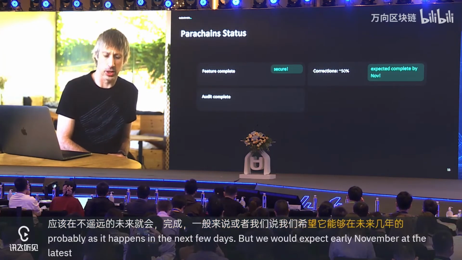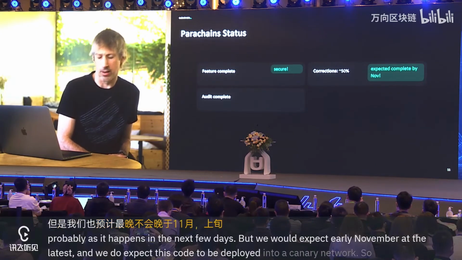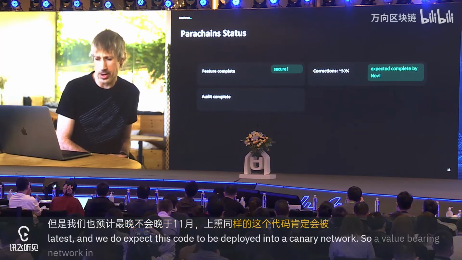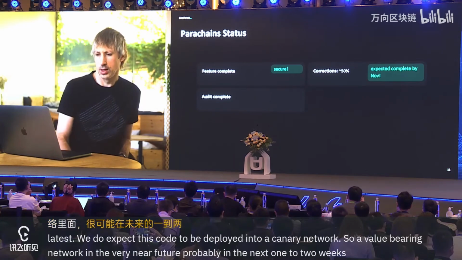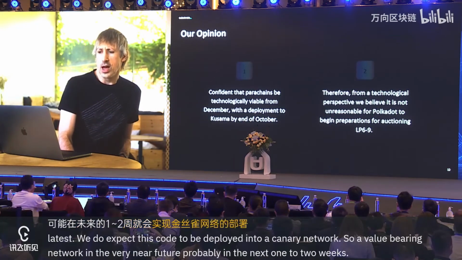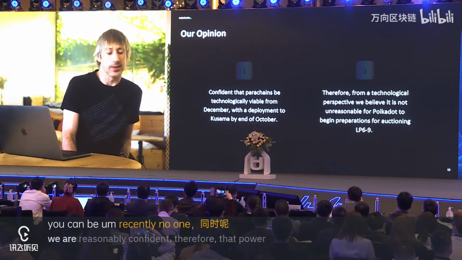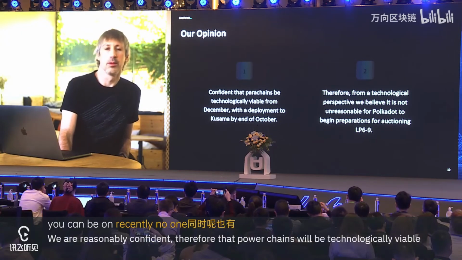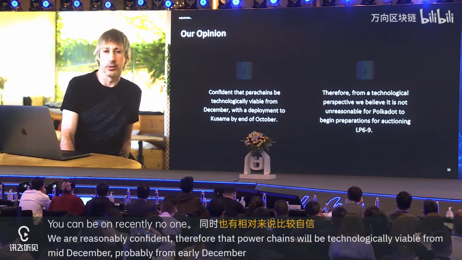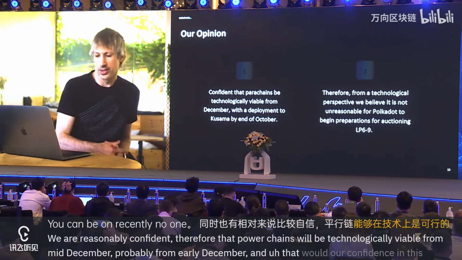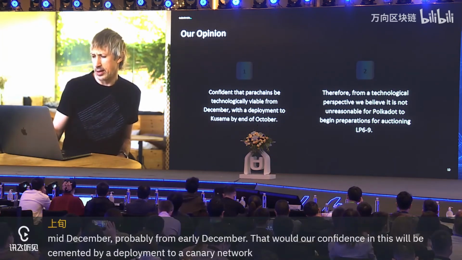And we do expect this code to be deployed into a Canary network, so a value-bearing network, in the very near future, probably in the next 1 to 2 weeks. We are reasonably confident, therefore, that Parachains will be technologically viable from mid-December, probably from early December, and our confidence in this will, of course, be cemented by a deployment to a Canary network in the next few days.